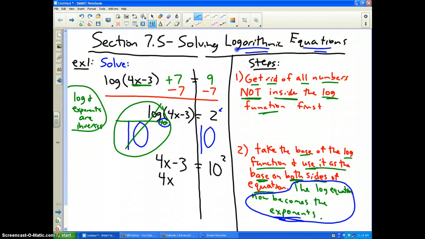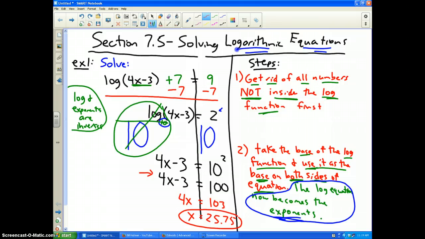And we all know 10 squared is equal to 100. Now I have an equation I can solve. So I just add 3 to both sides, and I get 4x equals 103, and then I divide by 4, and I find out I get